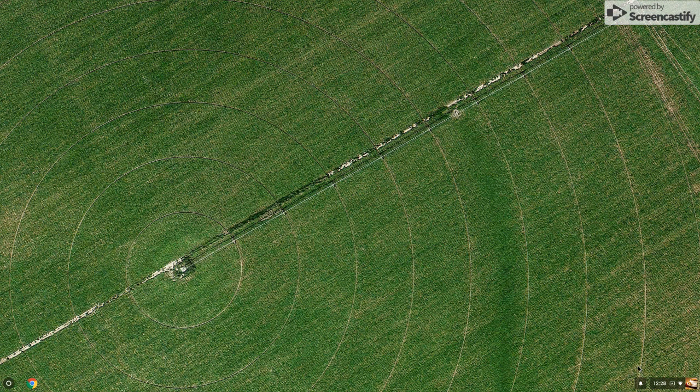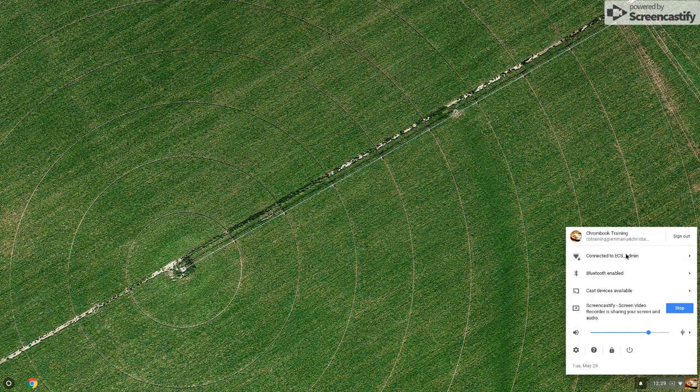So from there, in the bottom right hand corner, you're going to see the time, along with that I'm connected to the Wi-Fi, an alert area. We talked about the launcher on the left hand side. On the right hand side, these are going to be your settings. So if I click in here, you're going to see